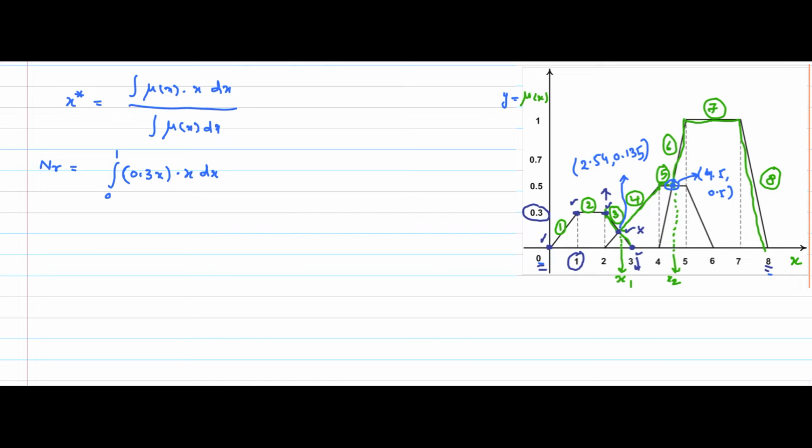If you have any doubts, please type in the comment window so that I can reply. Next, the second equation. The second equation is from 1 to 2, so it should be the integral from 1 to 2. The second equation is y equal to 0.3, so I write 0.3 into x dx, plus the integral of the third equation, whose interval is from 2 to x1. What is x1? x1 is 2.54, so I need to write that interval there. It is 2 to 2.54.